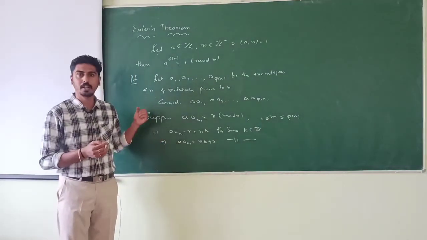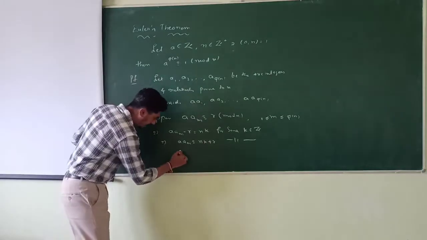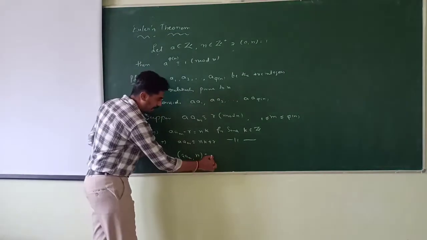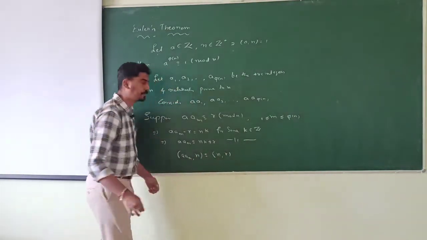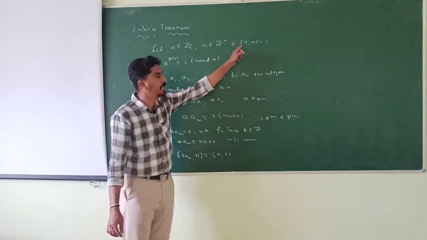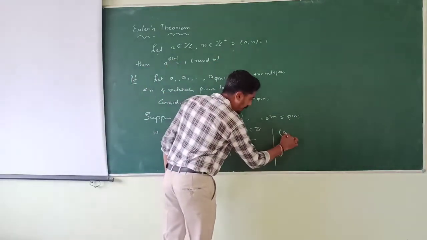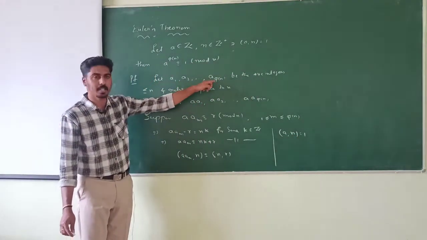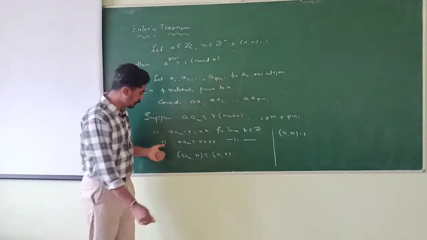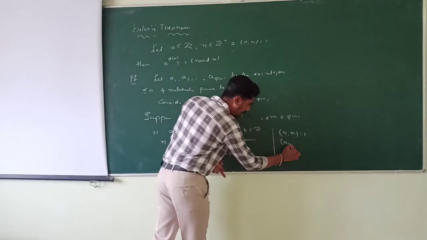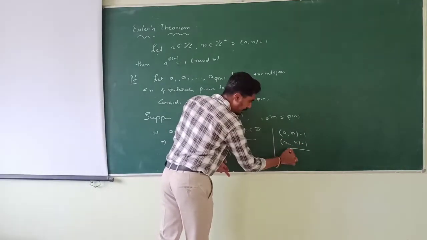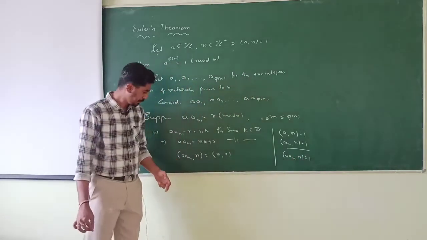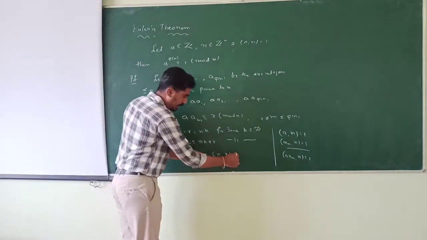Now by a property of GCD, we know that the GCD of a times am and n is the same as the GCD of n and r. But given that the GCD of a and n is 1, and we have taken that a1, a2, up to a phi n are all relatively prime to n, therefore the GCD of am and n is also equal to 1. This implies that the GCD of a times am and n is also equal to 1.